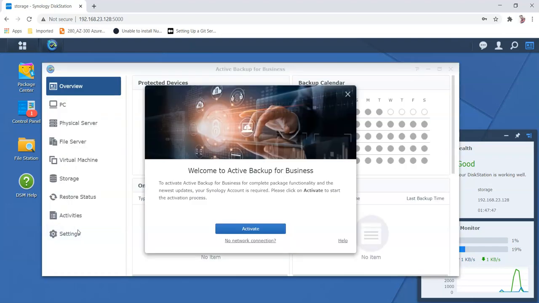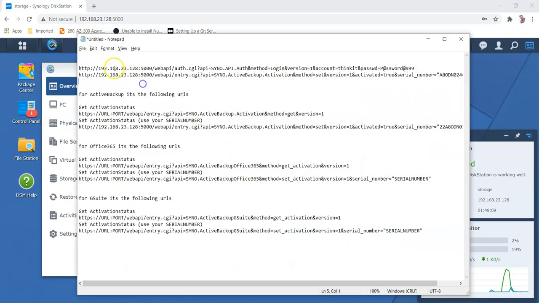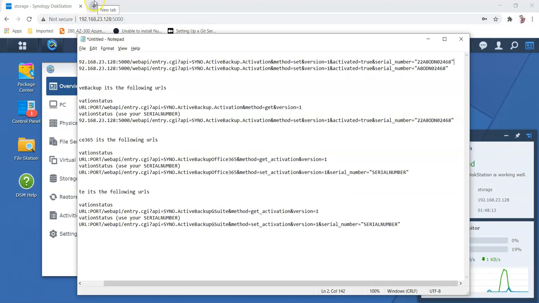Now it requires an activation to use this feature on Synology Nestbox. If you are using a VMware infrastructure where you installed the Synology NAS or DSM, you can always bypass this by using a few commands, which I am giving you right now. I will put the commands in the description also. I have already copied them. Now you need to copy this link and paste it.